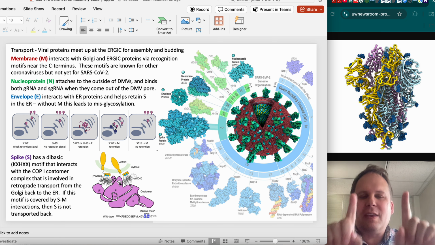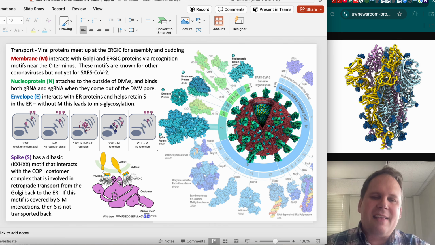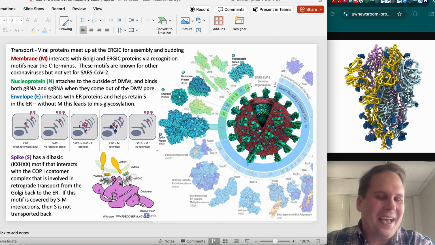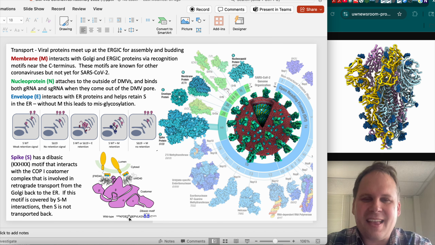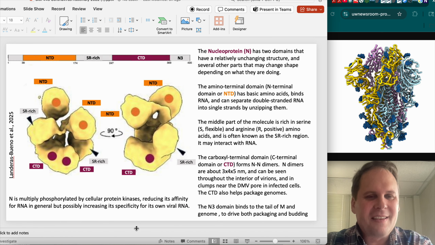And so in the Golgi, we're going to trim those glycans. In the ER, we're going to build those glycans. And so it's just back and forth until we are salon fabulous and ready to go out into the world. And then spike does, but basically only with its entourage of M and E and N and the genome. We call it a virion, yeah. And some lipids. All right, so